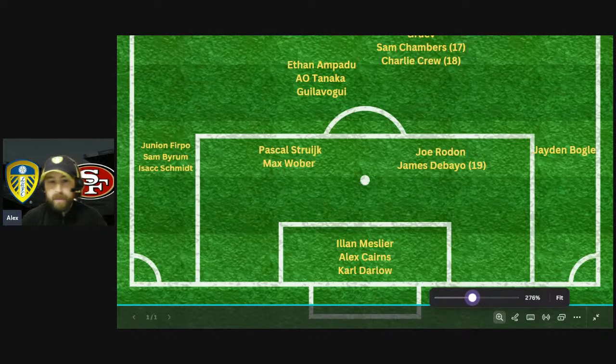Now, a lot of people have been saying, or might be saying, sell Max Vober, sell him. He was a snake, and he didn't play well this last season. I actually keep Vober. If I reflect back on 2 years ago, he was one of the core 4 players I wanted to keep. He wound up being a snake, etc. But I think there's a player in there. I actually think there's a leader in there. And I think he's flexible in his positioning on the pitch. I keep him. I think he's physical. When we look back at his Premier League campaign, he was one of the players that we thought was actually up for the fight. So I keep Vober